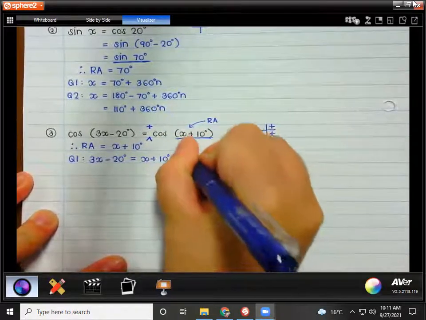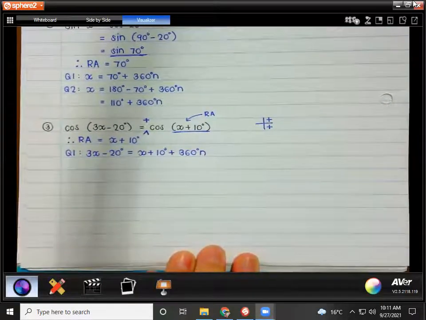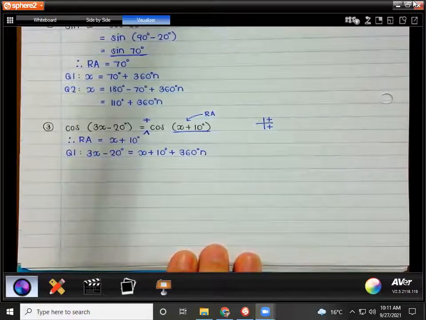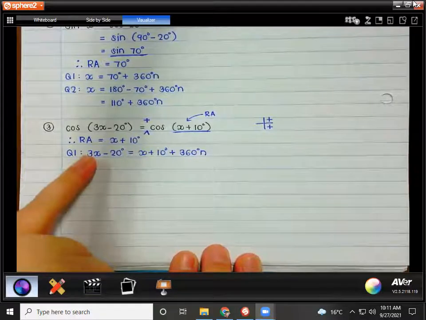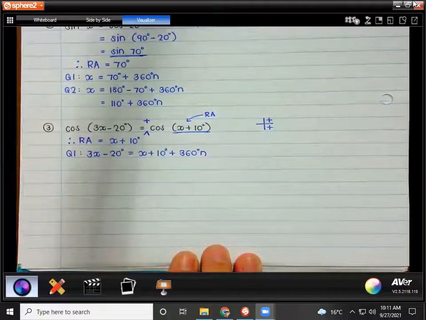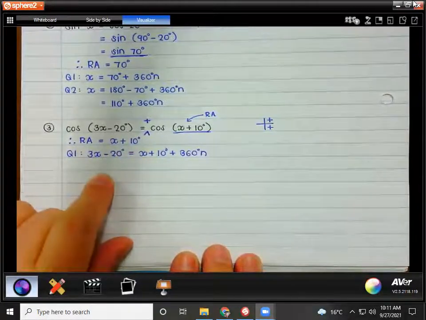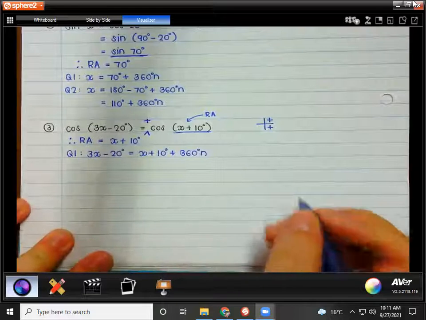plus 360n. Now that looks very complicated. What must I do from there? Can I leave it like that? I do need to get just x equals, hey? So I'm going to have to move all the x terms to that side and all the constant terms to the other side. Okay, this positive x, if I move it, will become negative x. What is 3x minus x? 2x